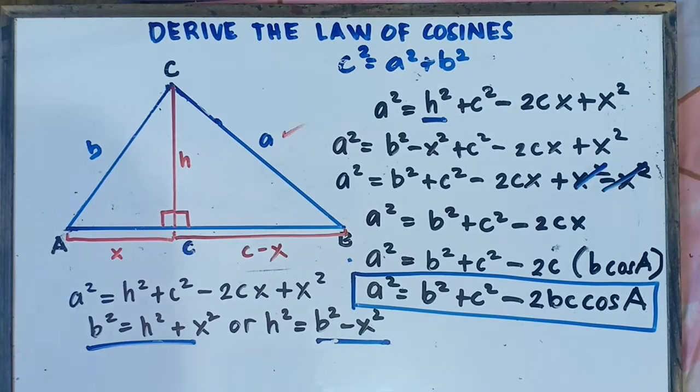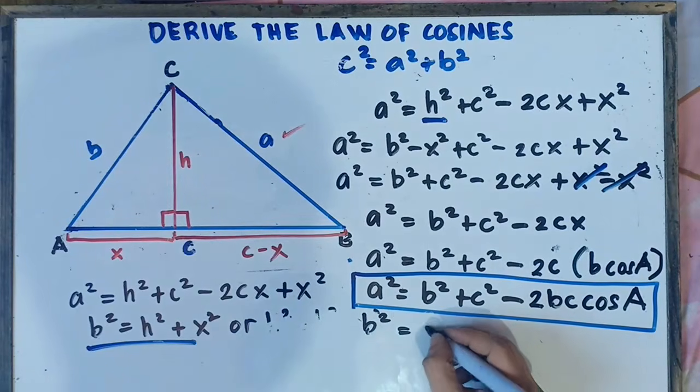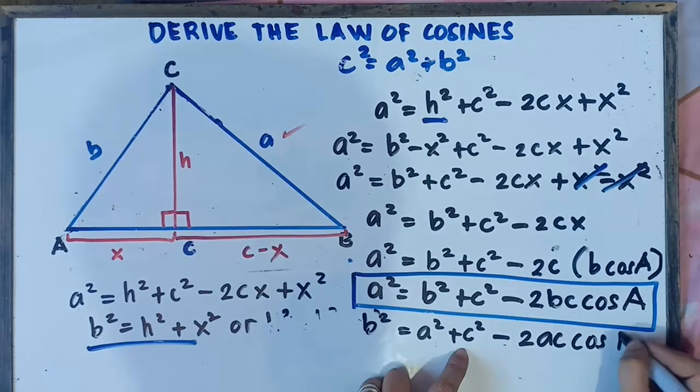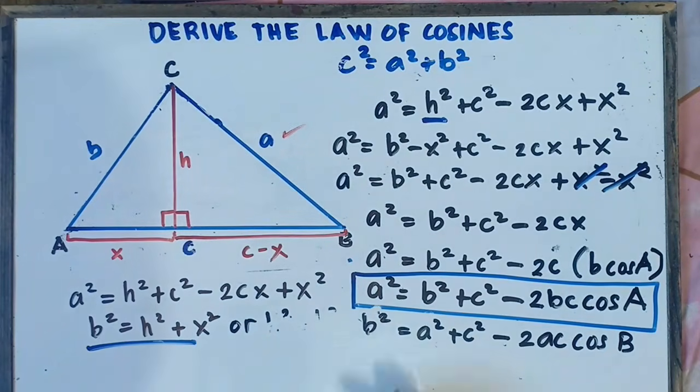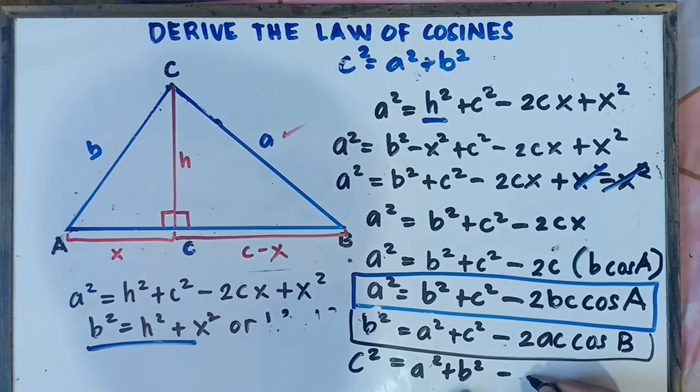And of course, for B squared, simply copy this one. We said it a while ago. For B squared, the formula, that would be B squared is equal to, given sides, A squared plus C squared minus 2AC cosine angle B. That's the technique right there. And then for C squared, that would be C squared is equal to, given sides, A squared plus B squared minus 2AB cosine angle C.